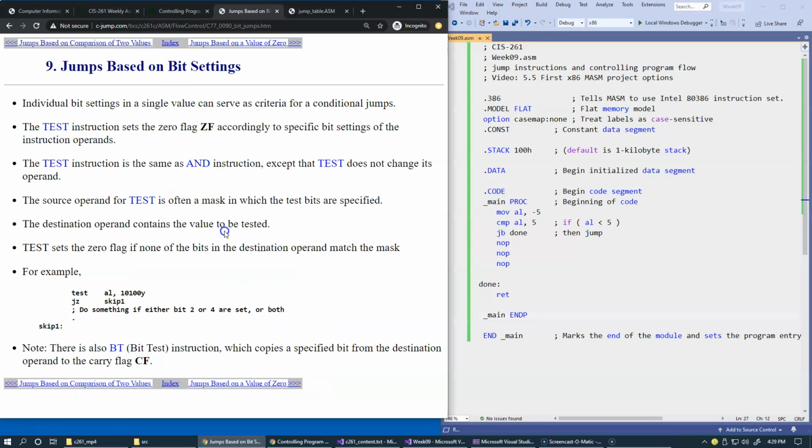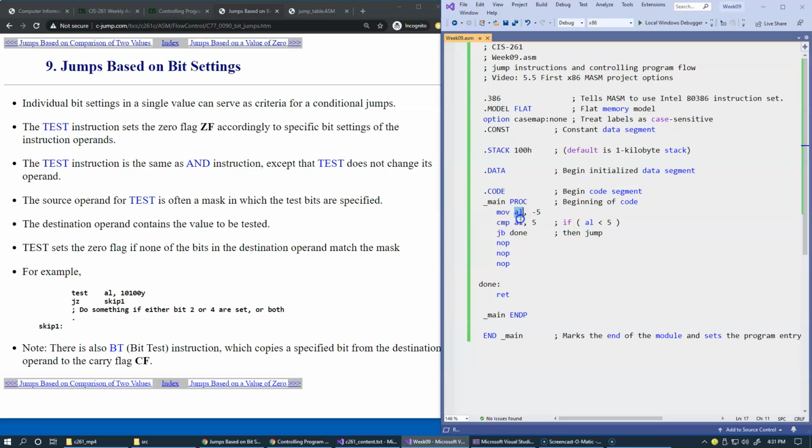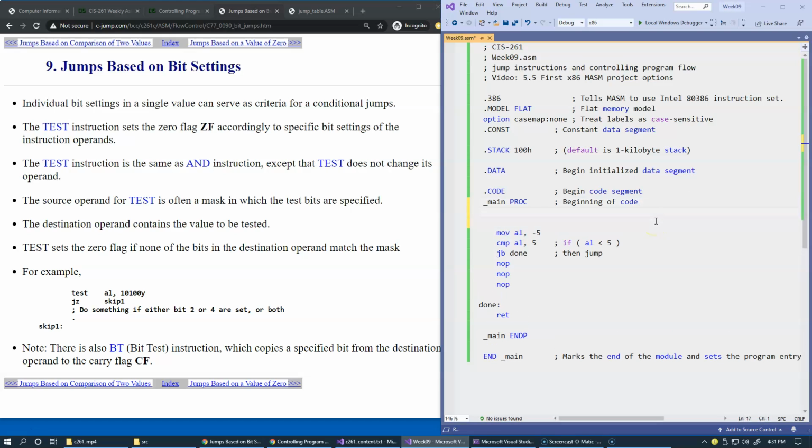An alternative way to test conditions is to compare bits. For example, let's continue with our AL register, which is an 8-bit register, and let's experiment a little bit more. So let's again move the value 5 into this register. Of course, in binary form, this will be